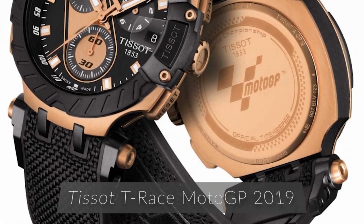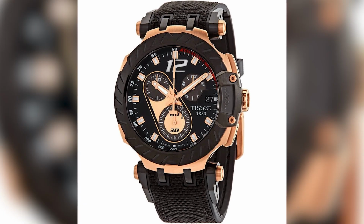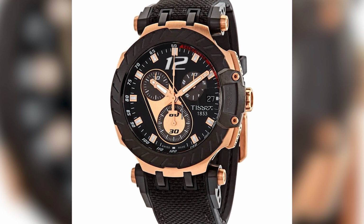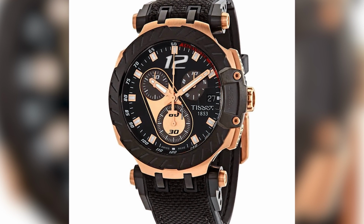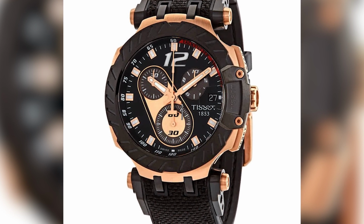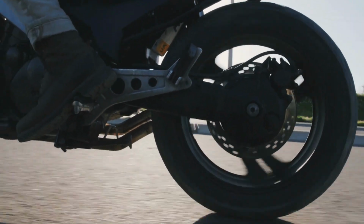Tissot T-Race MotoGP 2019. This limited edition men's watch features a rose gold-plated 316L stainless steel case, a black PVD bezel, and a black dial with rose gold-colored hands and index hour markers. This limited edition watch is